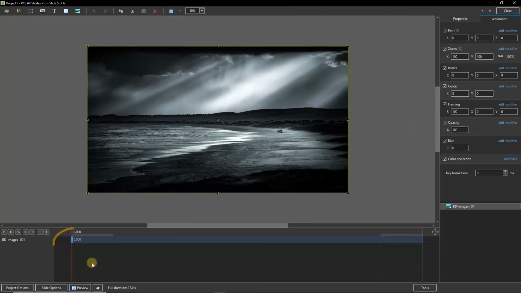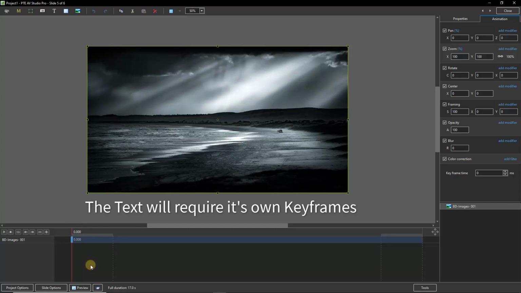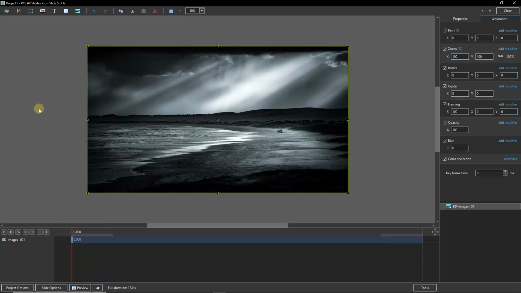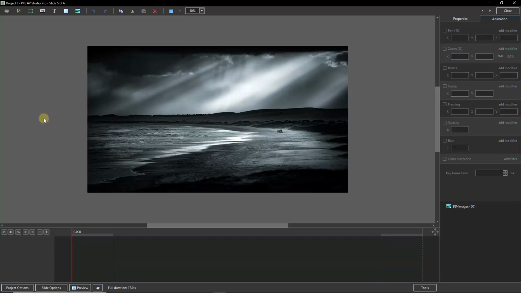Once the image opens, we can see once again that the first keyframe has been created for us, but here we don't need this keyframe at all. We're going to be creating text. So the first thing we want to do is to deselect the image. The image, as you can see, has a highlight around the outside edge in the upper center, and we can see it highlighted in grey over on the bottom right. If we just click into no man's land here, the grey area outside the image, what we've effectively done is deselected the image